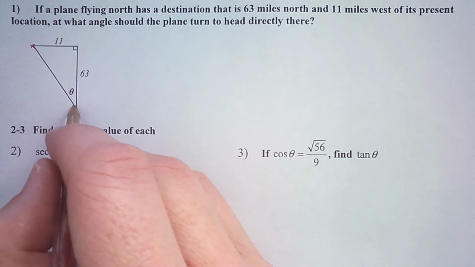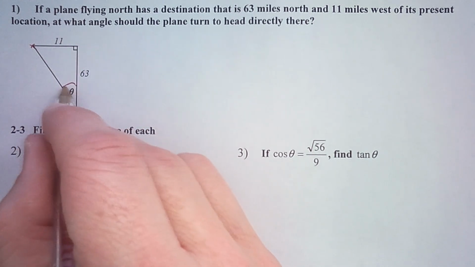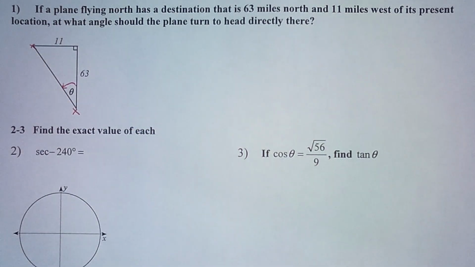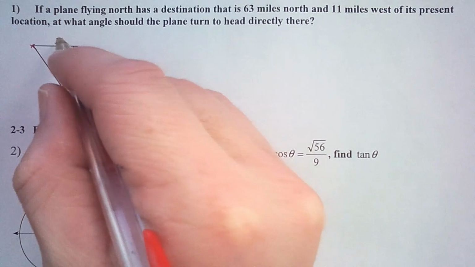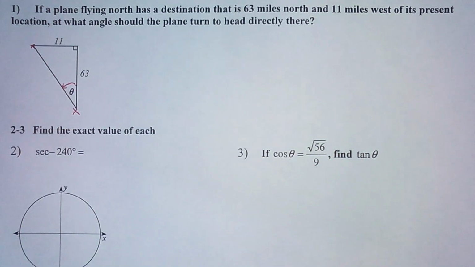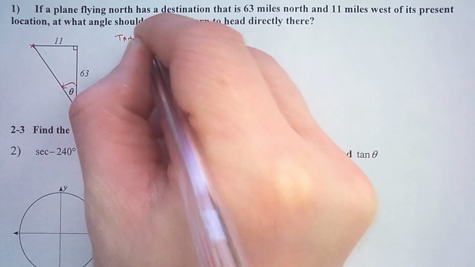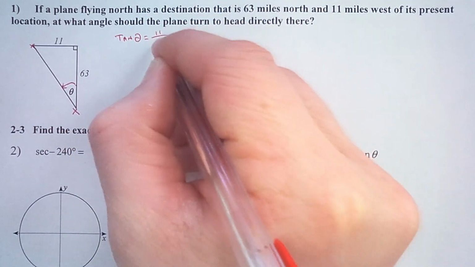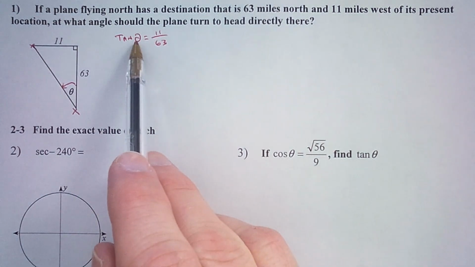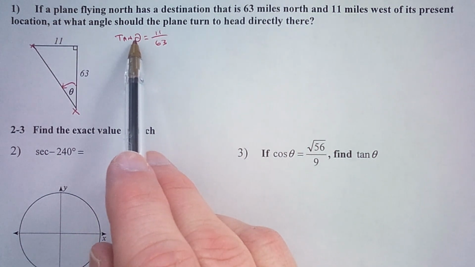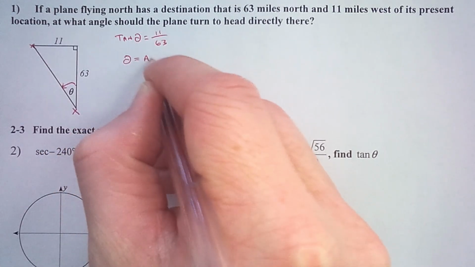So instead of flying 63 miles north and 11 miles west, what angle should it turn in order to head directly toward its destination? Okay, so we have an angle here, and we have the opposite leg and the adjacent leg, and that's tangent. So tangent theta equals the opposite over the adjacent. When the angle is the variable, that is a time that we want to use an inverse. So theta is arctangent